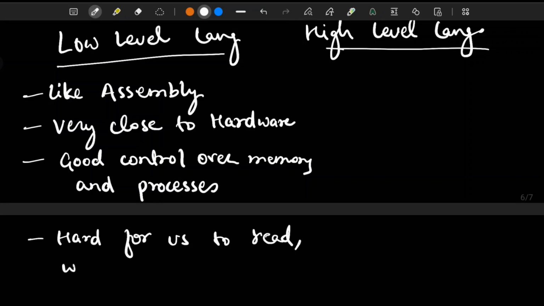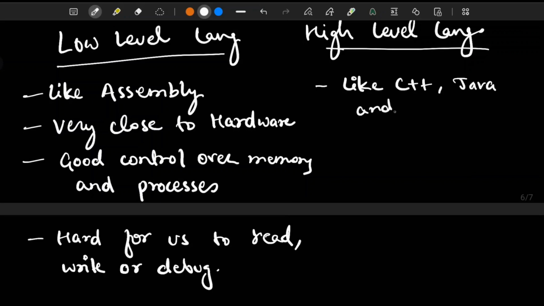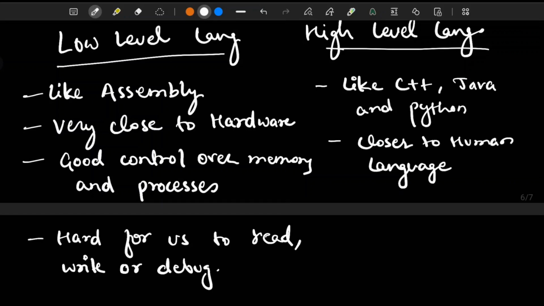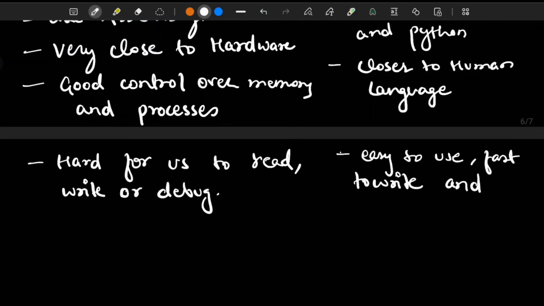High level languages like C++, Java, and Python are much closer to human language. They are easy to use, faster to write, and manage the complex hardware details for you. They are what we use to solve big abstract problems, as we will see in DSA.